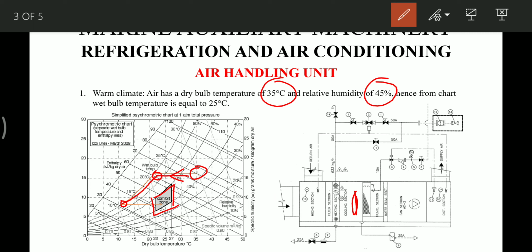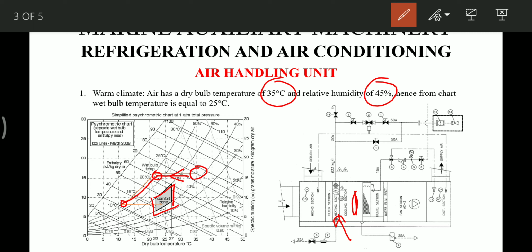Then after it reaches 12 degrees, it is moved further. So here is a trick: in some of the air handling units, we have a reheater. The heater which we discussed, this steam coil in the last slide, is actually called the preheater. Then we also have something called a reheater, which is not there in this air handling unit, but it can be present in some other units.